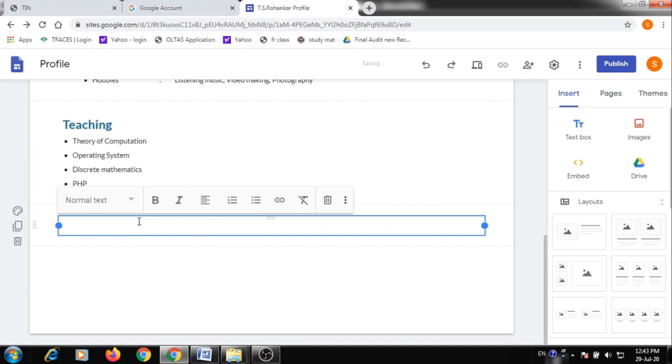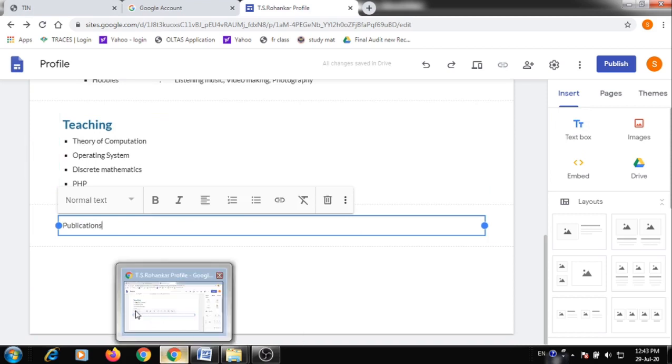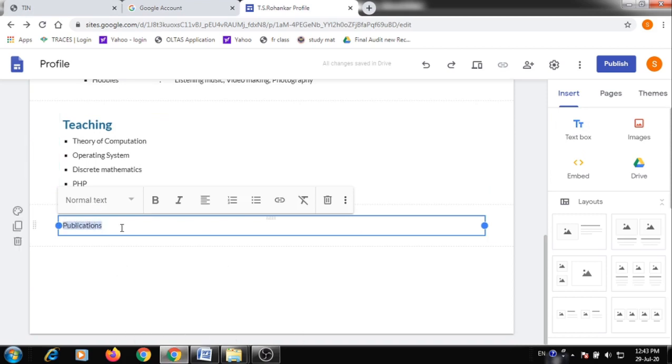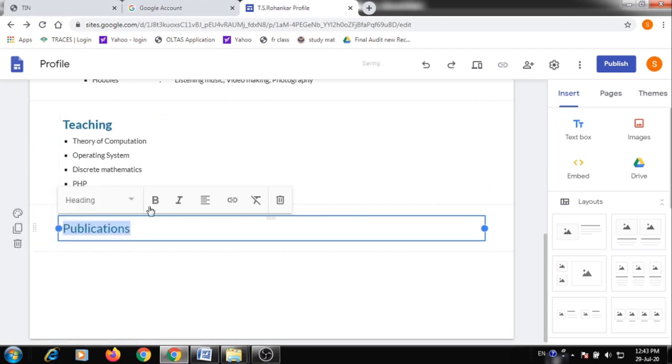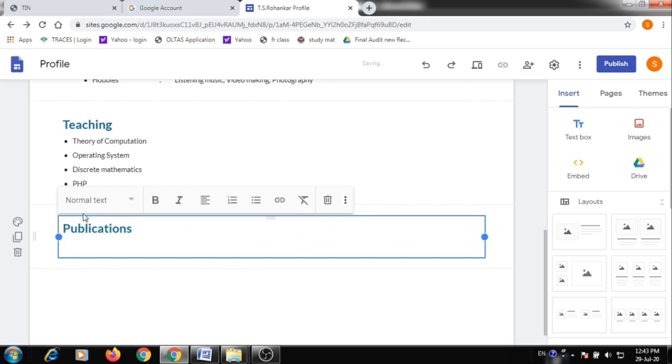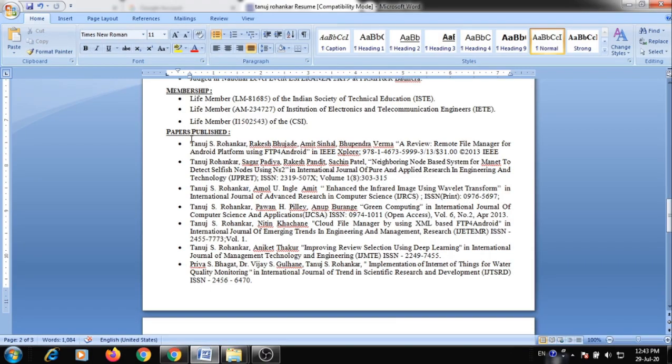Click over here, write the heading for the section as publication. You can add anything, whatever you want. Change the font size, make it bold. Then add a paper which you have published. So here is the paper which I had published.